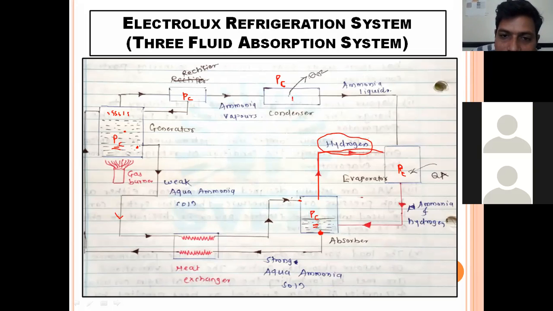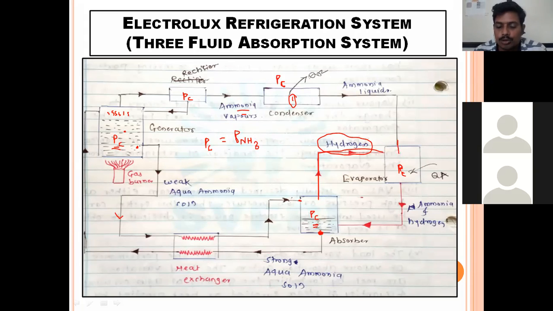So here inside the condenser, whatever pressure is there, that is nothing but condenser pressure. But inside the condenser only ammonia is present. That means whatever condenser pressure is there is nothing but the pressure of ammonia vapor. And when that ammonia liquid comes to the evaporator,